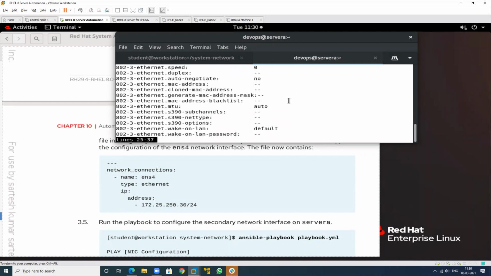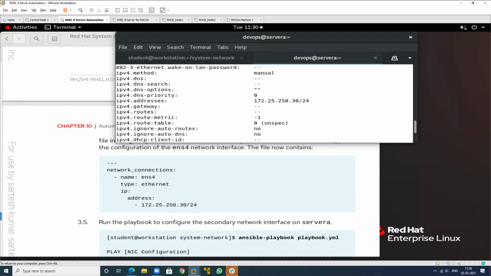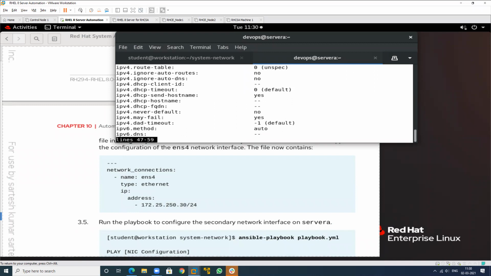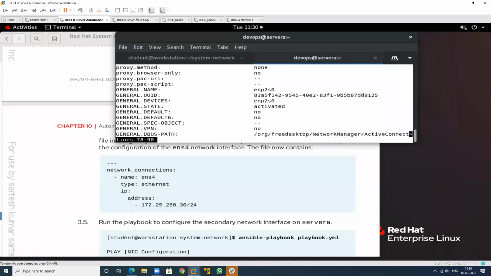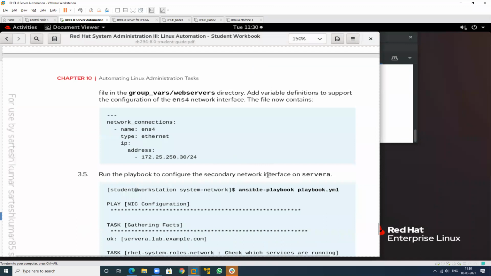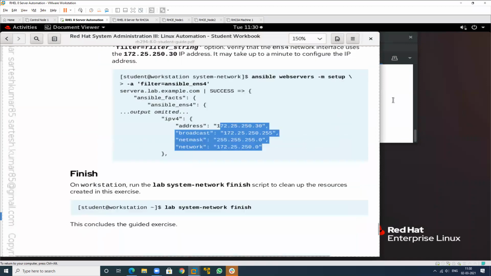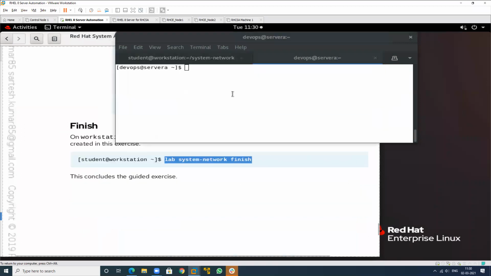The IP is 30. So now it's working. The IP changed, the IP is 30, and just finish this. So my task has been completed by using this.